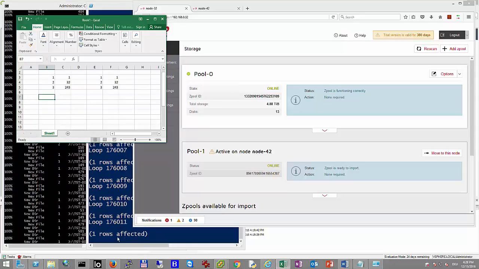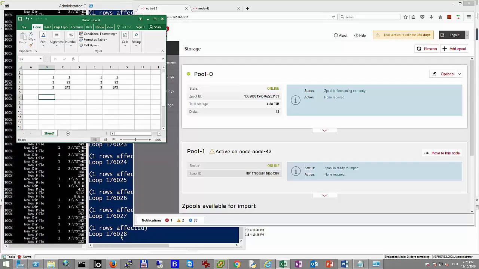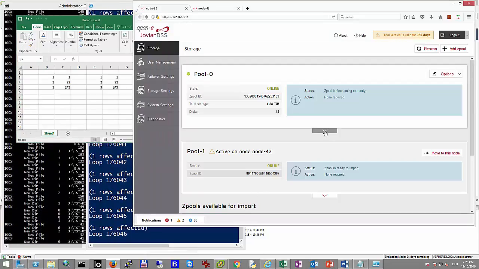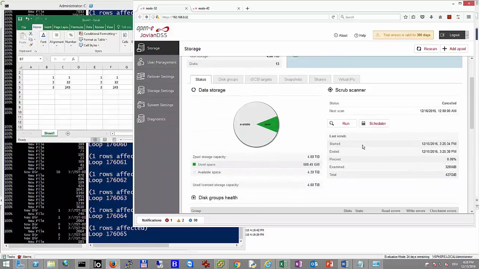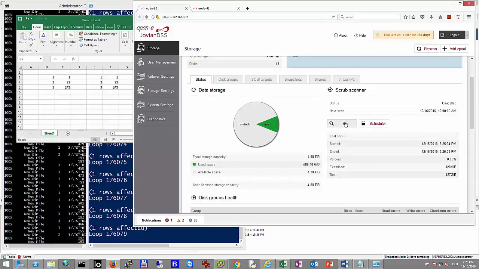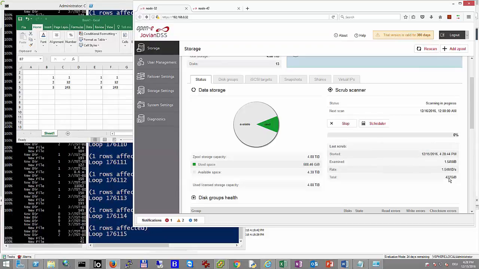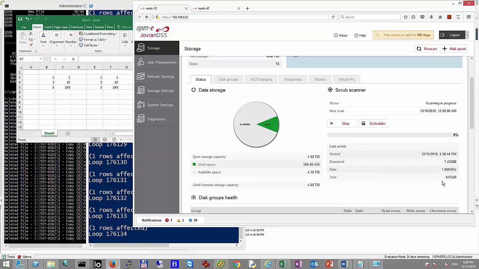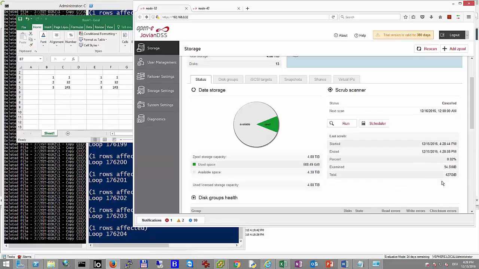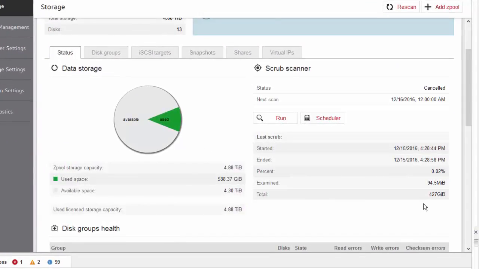I will just now switch to the deduplication. So how to check the deduplication? The scrub is a very nice tool, because when I run it, it shows exactly how much data on the pool I need to read to check consistency. Scrub was starting, and I can stop it anytime just to have an idea how much data scrub is finding on the pool. At this moment it is finding 427 gigabytes of data, right?